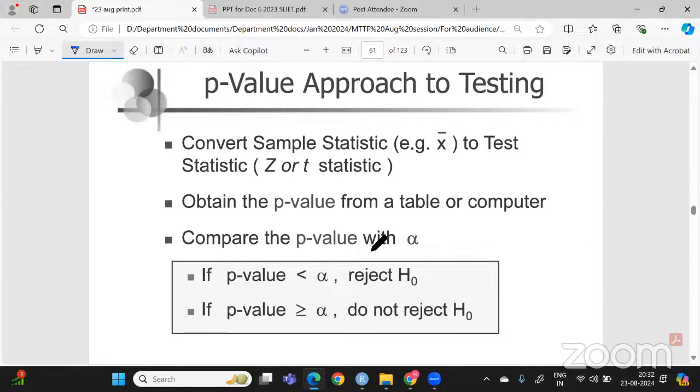Hello. Have you heard about the term p-value before? Let me know. Otherwise, I will explain. Okay, let me explain to you. So now,